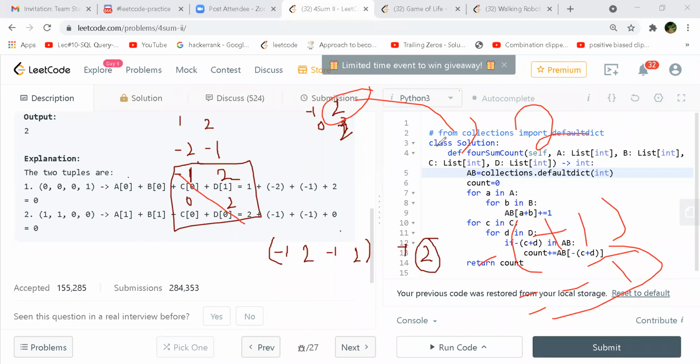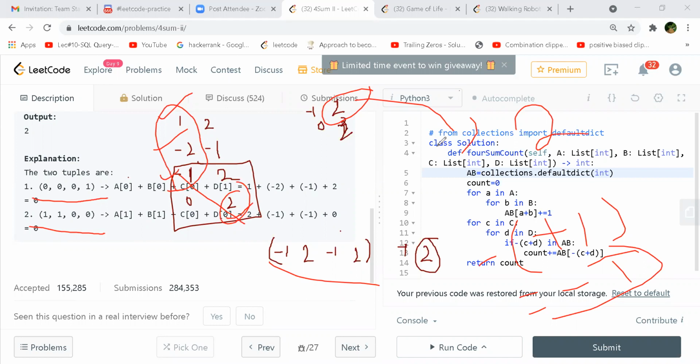No, not one combination. 2 is the count, those many tuples you had. 2 tuples are there. But I'm trying to map it to the actual tuples. These two will be the actual tuples which they have shown in the example, 0001 and 1110. One tuple is this, 1 minus 2, and these three if you include, this is one tuple, right?